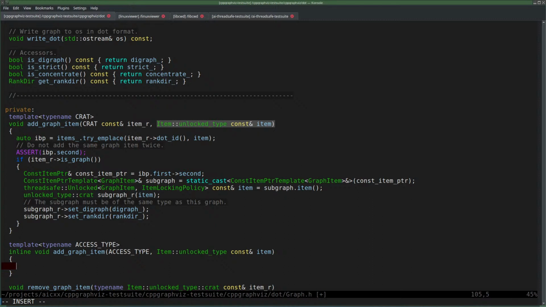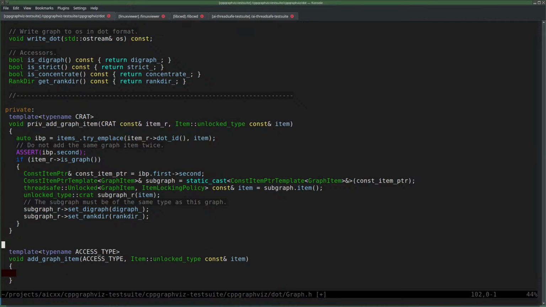That's by default inline, right? But the compiler decided to inline it, I suppose. This one is not private. I need a different name, so I'm gonna call it priv. This one is public.